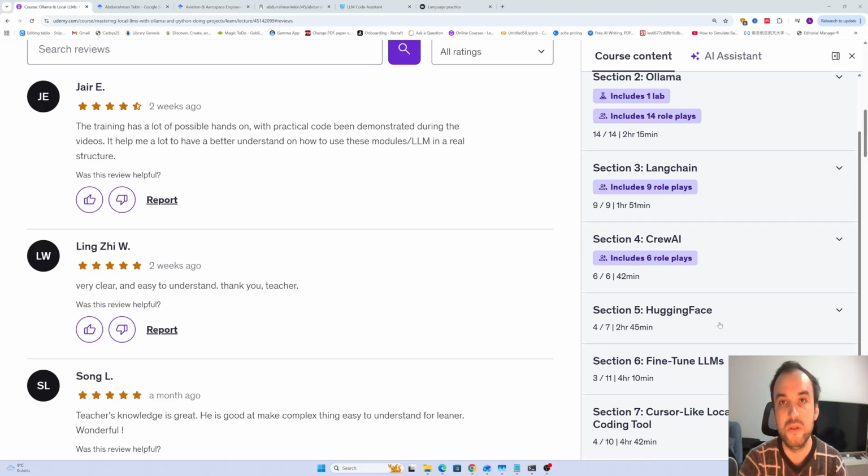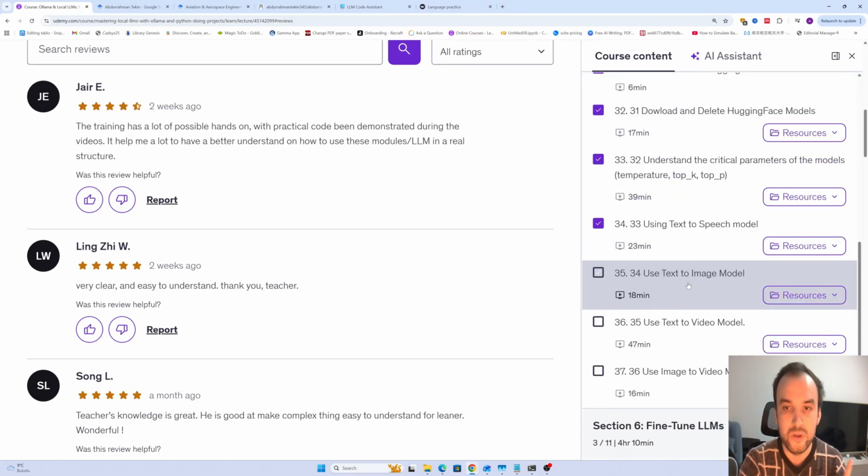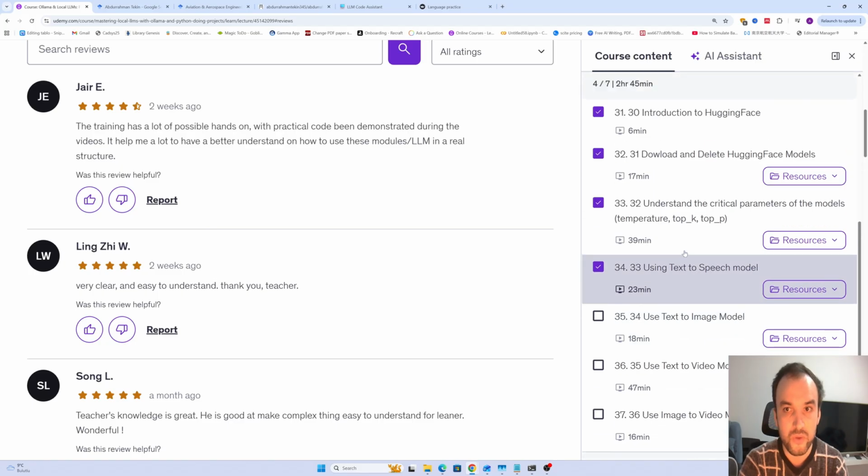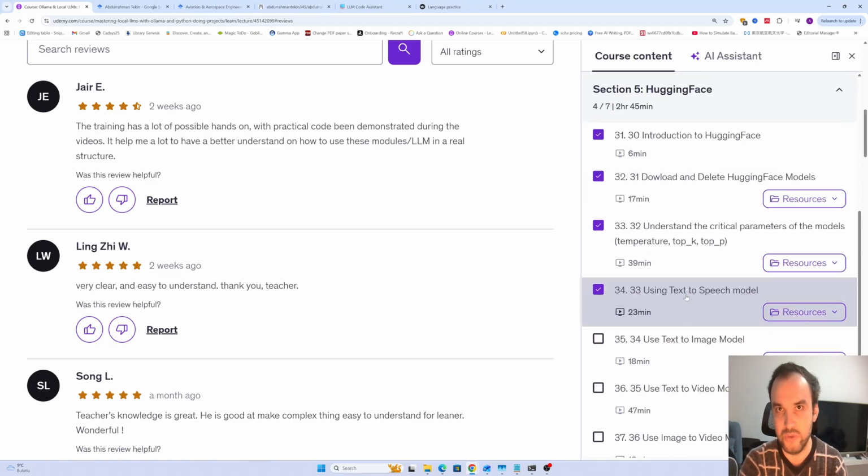Later, we will learn how to download models from the Hugging Face website. We will download a text-to-text model. We are just giving a text prompt and we are getting an answer. Later, we will download another model for text-to-speech. It will convert text to audio, which is very successful. You will like it and you will learn how to download it on your computer and you can run it